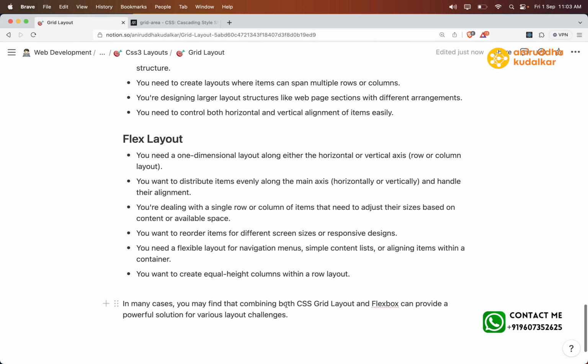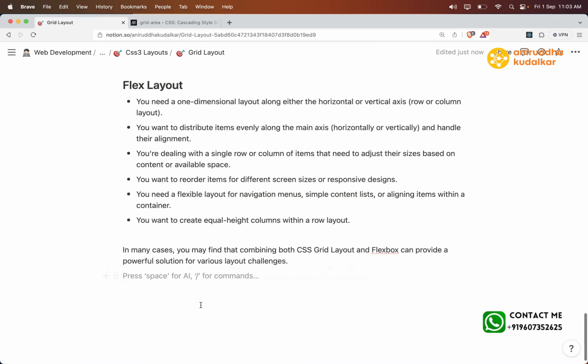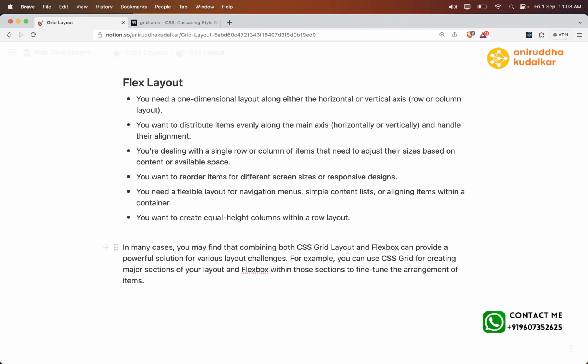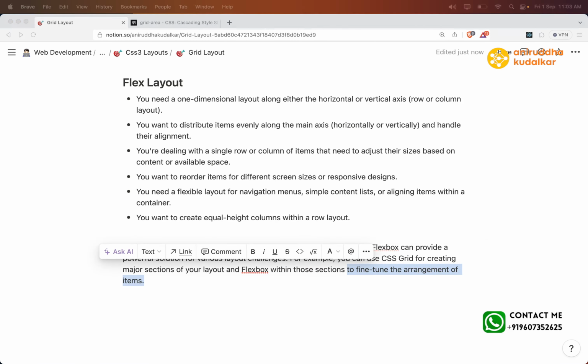In many cases, you may find that combining both CSS grid layout and flexbox can provide a powerful solution for various layout challenges. For example, you can use a CSS grid for creating the major sections of your layout and flexbox within those sections to fine-tune the arrangement of the items. Right? Ultimately,